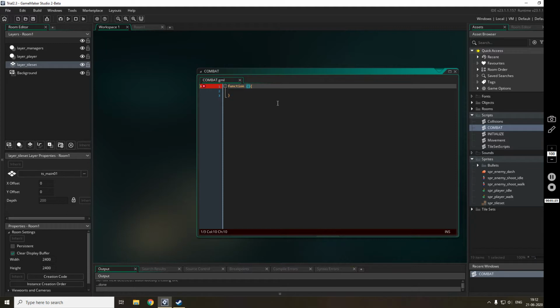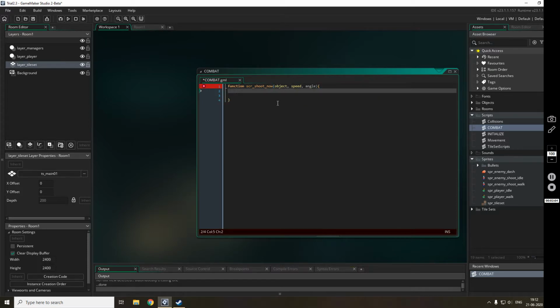will be shoot. Yes, this will be scr_shoot_now, and then I will be giving a bullet object, object speed and angle.